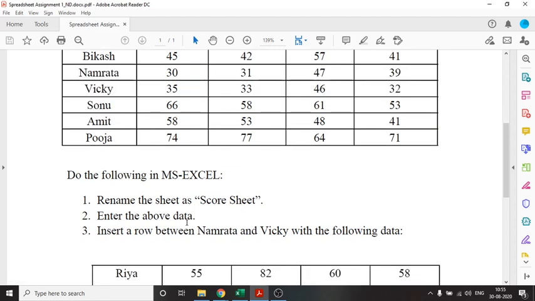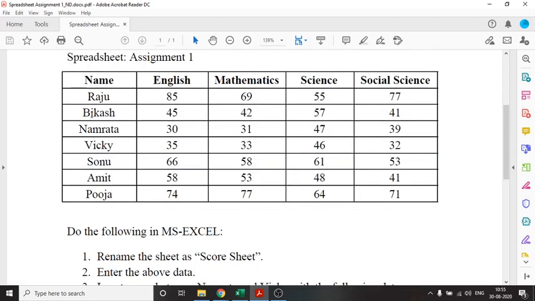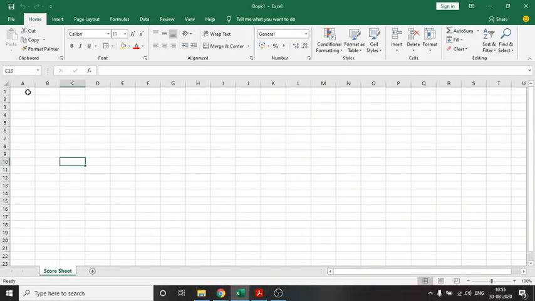Number 2, enter the above data. Now this particular table we have to fill up. So let us start entering the data. These are the columns with the names of the subjects, and the rows containing the data regarding students along with the marks they have scored in different subjects. First, we are going to take up the column names: name, English, mathematics, science, and social science. Let's start from the beginning. On the first cell, let's start typing